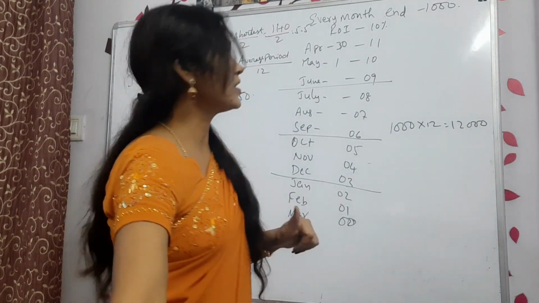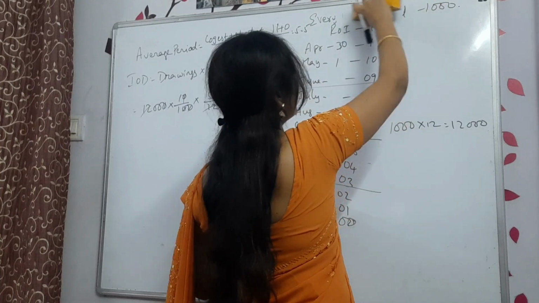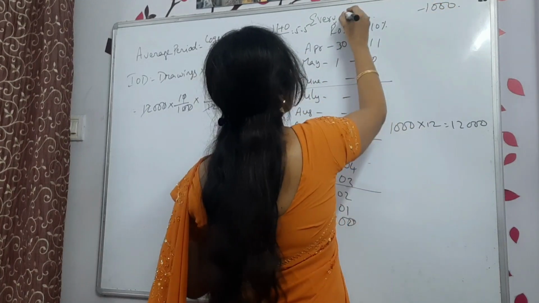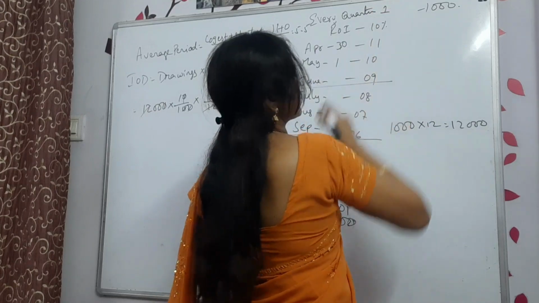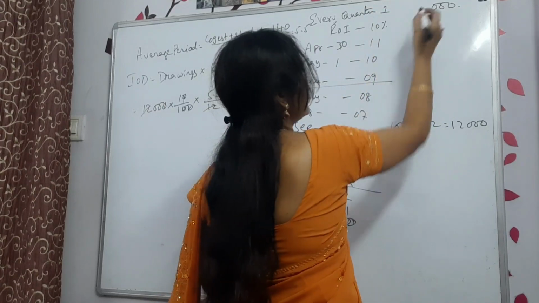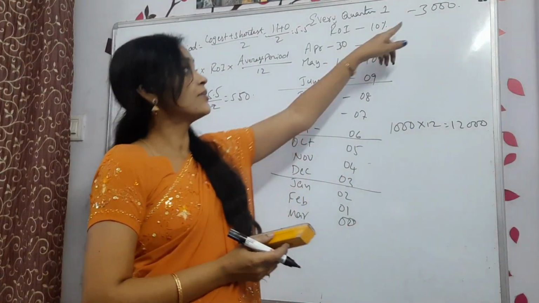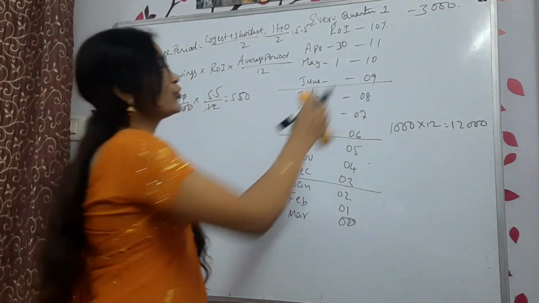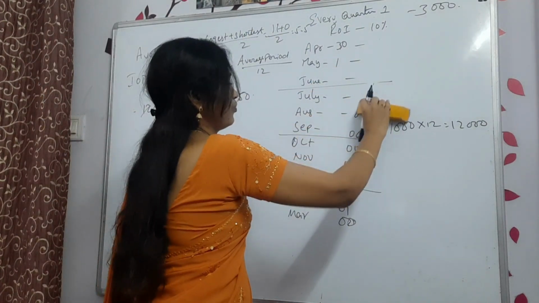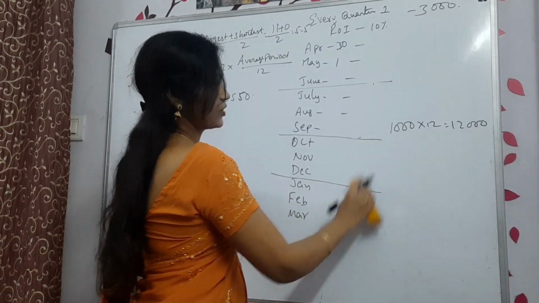Okay. So now here also we have every quarter starting and every quarter ending. Every quarter first. How much? That time also 1000 only? No more. We will take 3000. Okay. Every quarter starting we are withdrawing 3000. Then how do you get the percentage? Let us check it out.